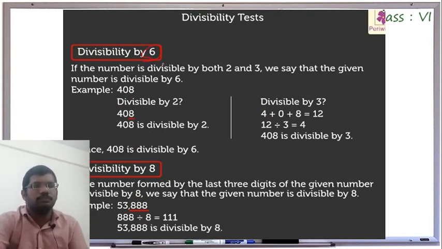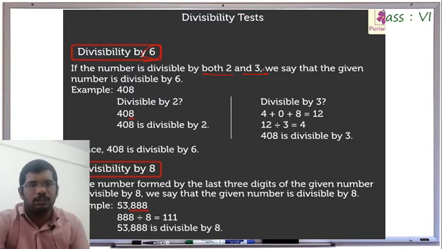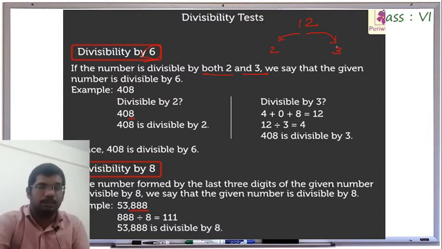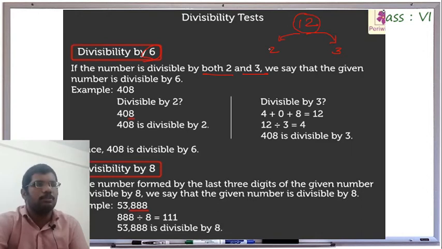Divisible by 6. So if a number is divisible by both 2 and 3, we can say that the given number is divisible by 6. For example, check 12. 12 is divisible by 2 because it is an even number, and also 12 is divisible by 3 because 3 into 4 is equal to 12, or simply add the digits 1 plus 2 which is equal to 3. 3 is divisible by 3 itself, so we can say that 12 is divisible by both 2 and 3,